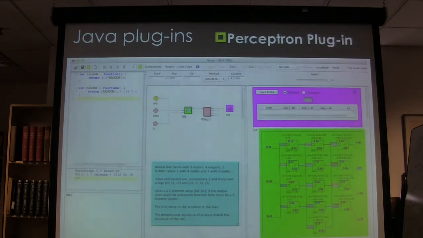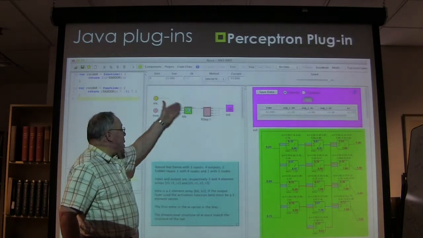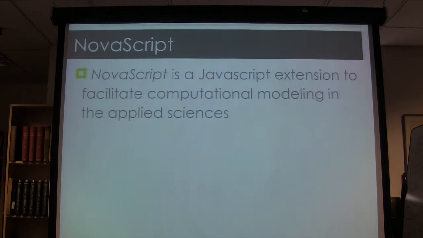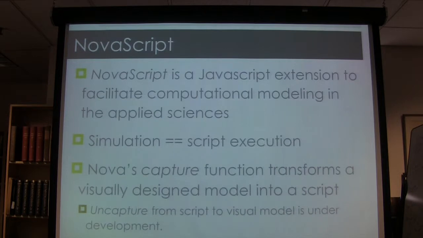So there we're running a multi-layered perceptron, so you can just use that. You don't have to code it up. You just place it onto the canvas and you take the relevant information. And so once you've done all this, you get your NovaScript program, which is really an extension of JavaScript. You'll create the program, which is a JavaScript execution, and you can just run it on a Java real-time run environment. You don't have to know any of this.